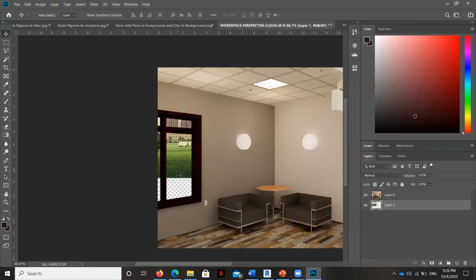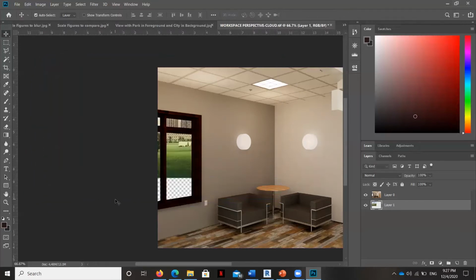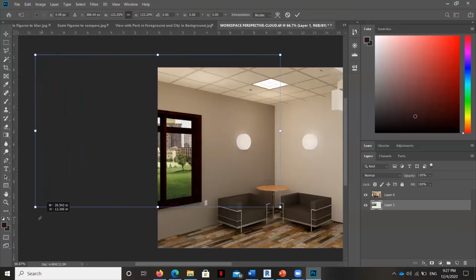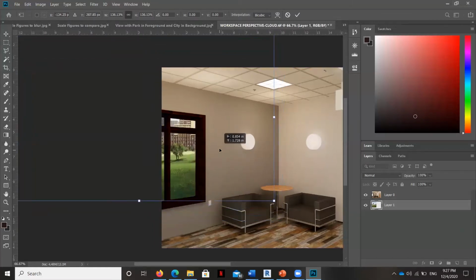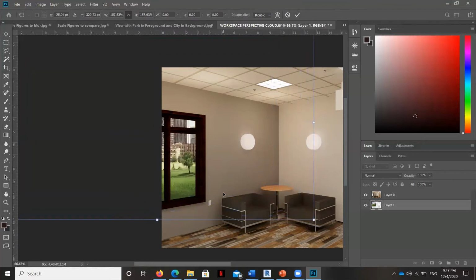So all I'm going to do is hit Control T for transform, and hold my shift. It's always different depending on the Photoshop version. Hold down my shift key, and I'm going to stretch that. And it should be maintaining my proportions. I don't have to hold anything down, just stretch. Okay, so it's good. It's allowing me to stretch that image up, which is going to allow me to get just a little bit more grass, and it's going to bring those buildings a little closer to me. So I'm going to keep doing it. Okay, and that's pretty close.